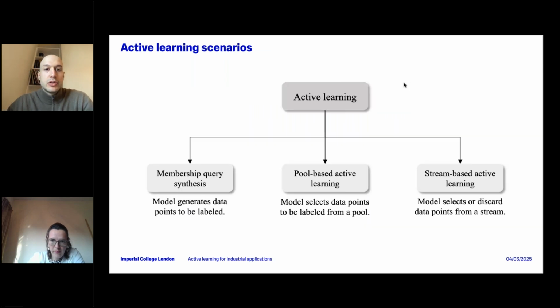So just to give an overview of active learning, which can be generally divided into 3 scenarios. The classification, you can find it in a very nice survey paper by Burr Settles, which was published as a technical report at the University of Wisconsin. We basically divide active learning into 3 scenarios: membership query synthesis, pool-based active learning, and stream-based active learning. I'm just going to give an overview of these 3 scenarios before we delve into the query strategies and the rest of the presentation.